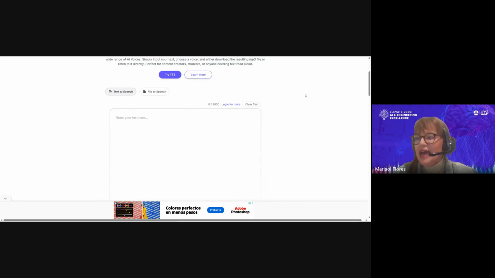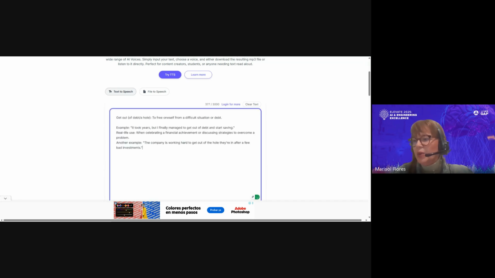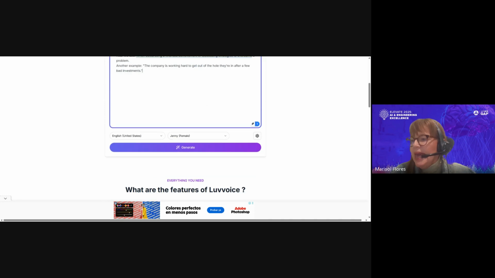So as I was saying, let me get some of the text from Gemini, one of the prompts or explanations from Gemini, and I'm going to paste it over here, right? So we're going to hear about the phrasal verb get out, right? And then I go here.